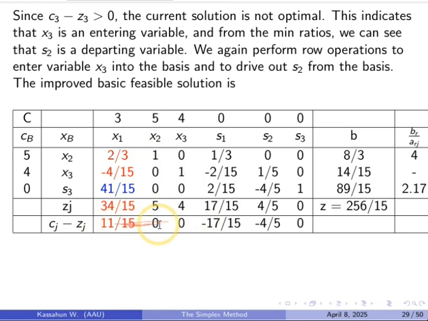Again, we still have this positive number. These are negative, but this becomes positive. Here two variables have entered the basis and two have left. Now again apply the minimum ratio test on this column. So here we have this over this number is 2.15. Here this ratio can never be taken because